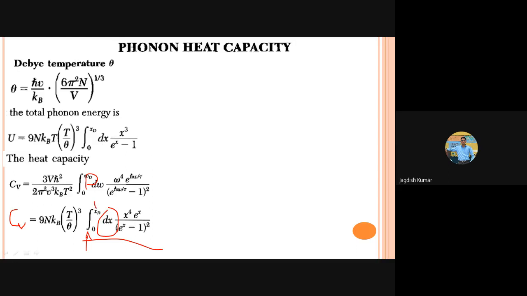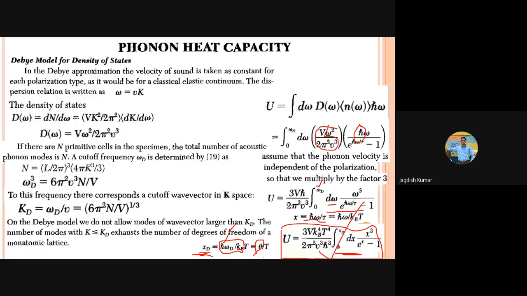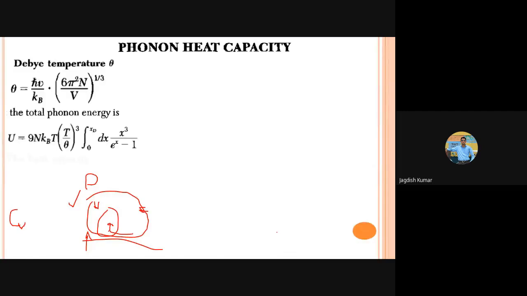Then for a particular temperature T, we fix the limit of the integration. Once you fix the limit of integration, you can integrate this whole integrand with respect to dx. So you can find this as a number for that particular temperature. So where will temperature sit? Temperature will be sitting in this term as well as in xD. If you go back, you can see xD has temperature sitting in it. So temperature is sitting in xD as well.